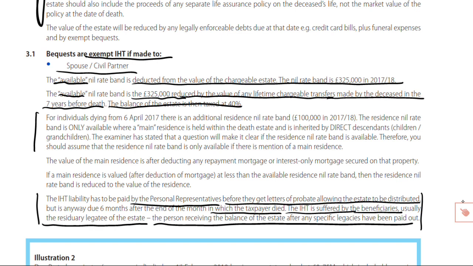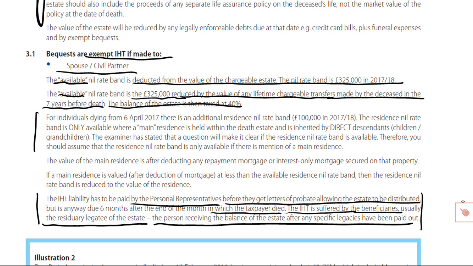And within that category, if there is more than one such transfer, we apply it on a first come, first served basis. So as we kept on saying, if there were transfers 6 years before death, 4 years before death, 2 years before the date of death, then we would utilise the nil rate band on a first come, first served basis, the earliest transfer first, applying firstly against the transfer 6 years ago, before 4 years ago, before 2 years ago. Having computed the amount of tax that is then payable,